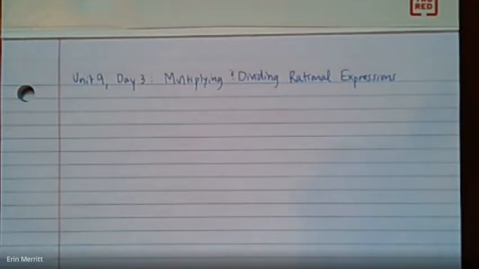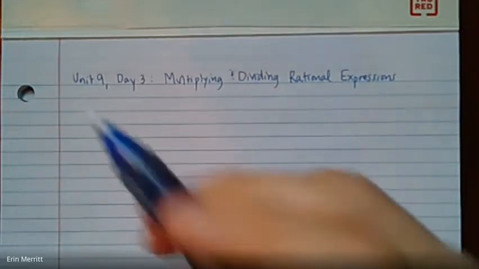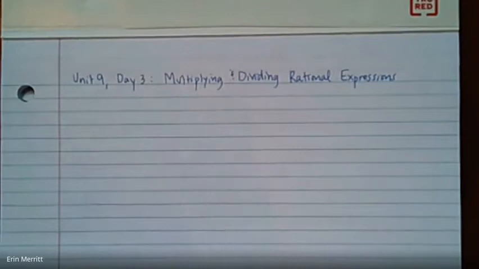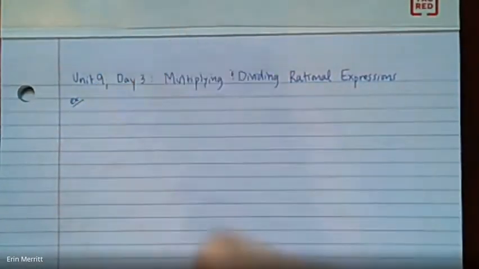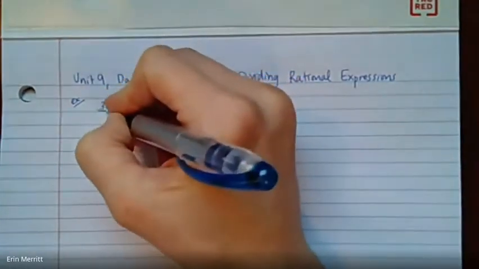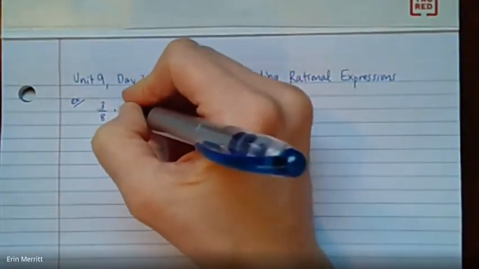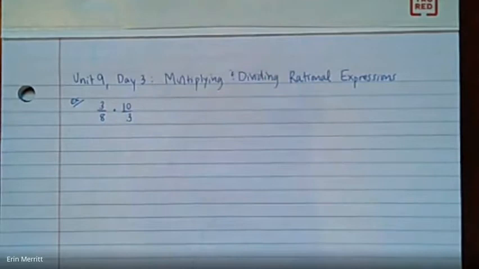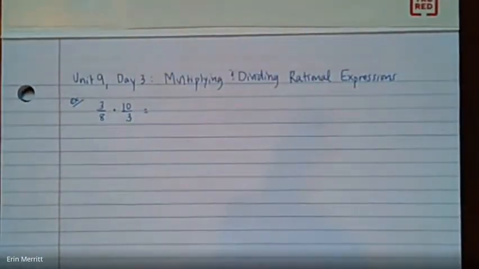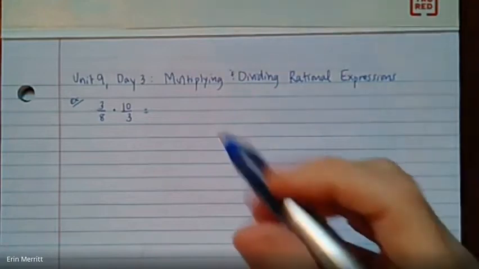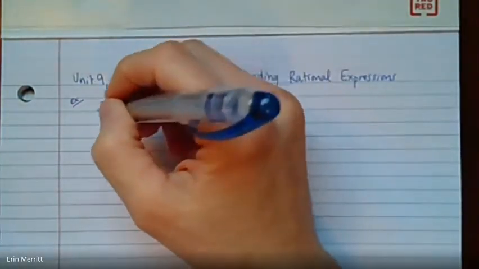We are doing multiplying and dividing rational expressions today. So I wanted to start with a really easy example to show you two different ways that we can approach these. First example is 3/8 times 10/3. The first method when you're multiplying fractions or rational expressions is that you can multiply across the numerator and